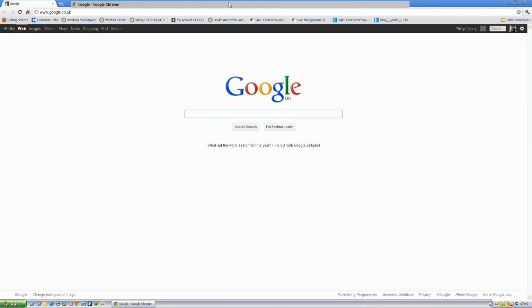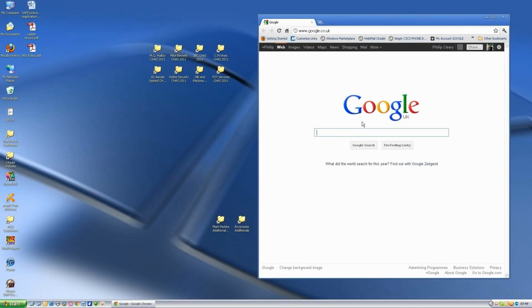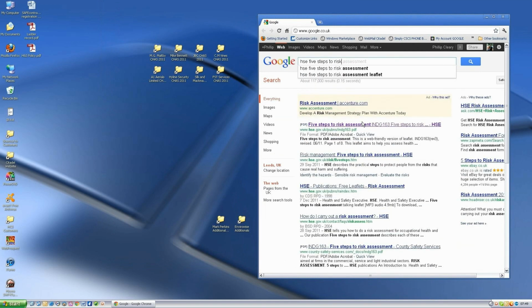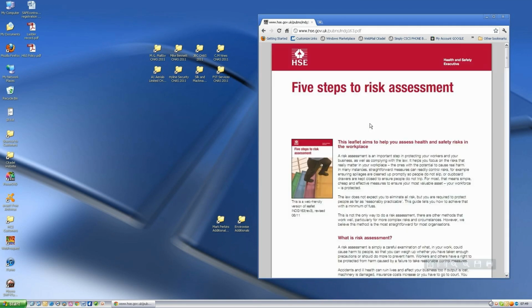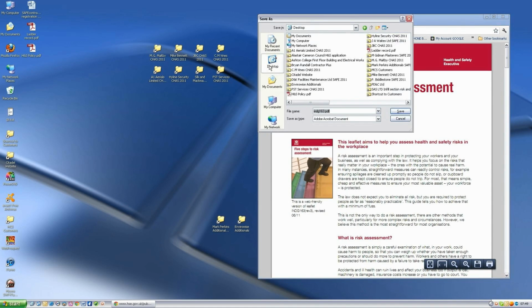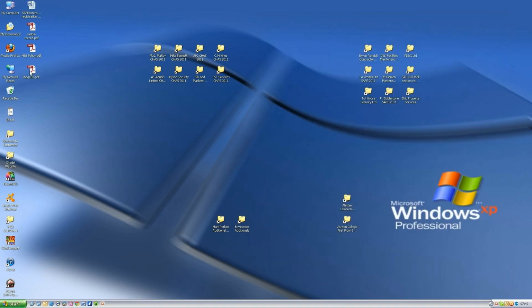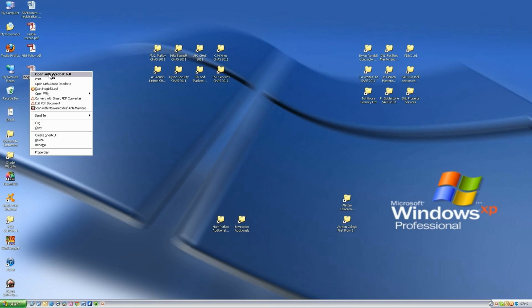So the first thing that I'll do is go to Google, and I'm going to type in HSE 5 steps to risk assessment, which will then bring me to a PDF download. Now I'm going to save a copy of this onto my desktop, and then I'm going to drag it across. And if we open this,